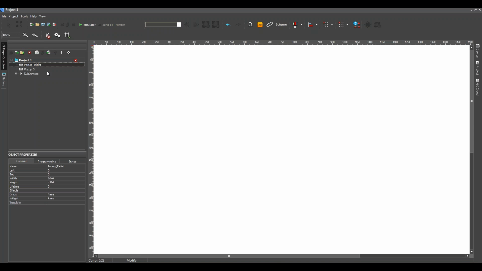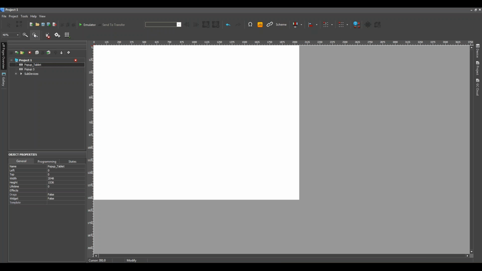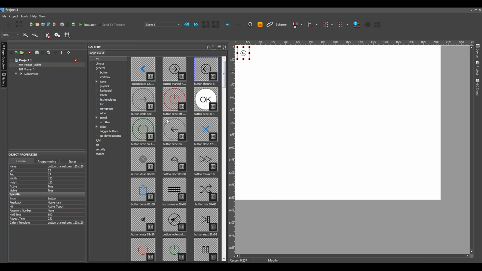And so now I want to drag here any buttons. First of all, it should be a back button, back to my widget. Then I want to put in a navigation control.